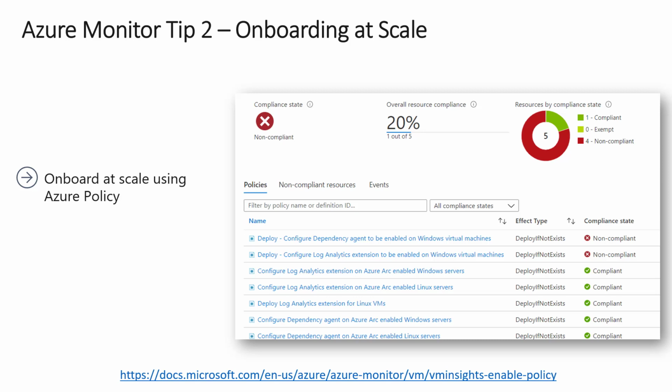And from there, the initiative has a bunch of different individual policy definitions, some of which you can see here in the screenshot. And each of those have an effect type of deploy if not exists. So essentially what that means is if you have existing virtual machines deployed in your Azure environment and you have enabled the Azure Monitor initiative at your subscription or management group level, well then every one of these definitions will check with each virtual machine, Windows or Linux. It will check to see if they're compliant or not. And if they are not compliant, you'll have an option to remediate the